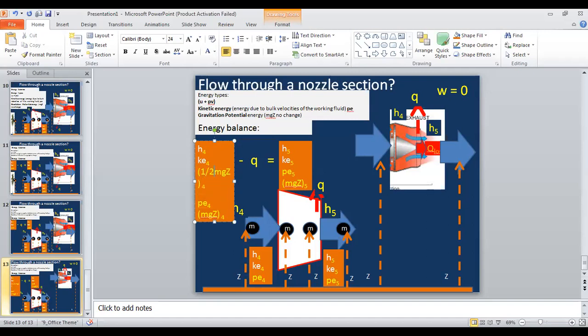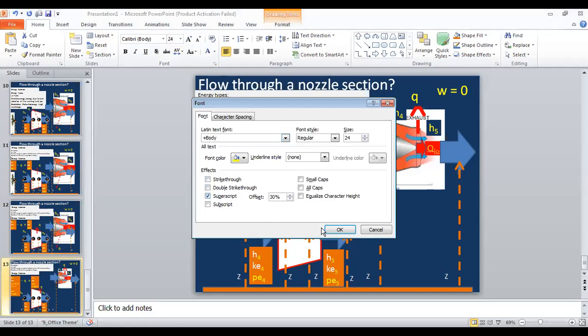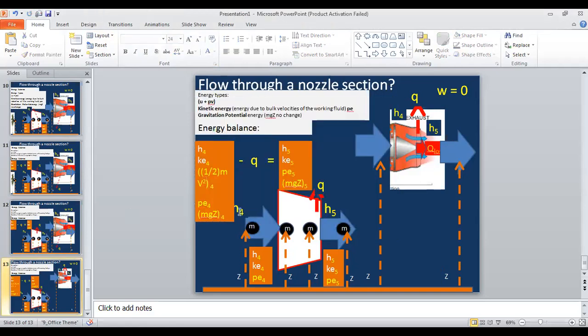Half times mass times velocity to the power of two. See the importance of imagining this coconut equivalent. And if m is 1,